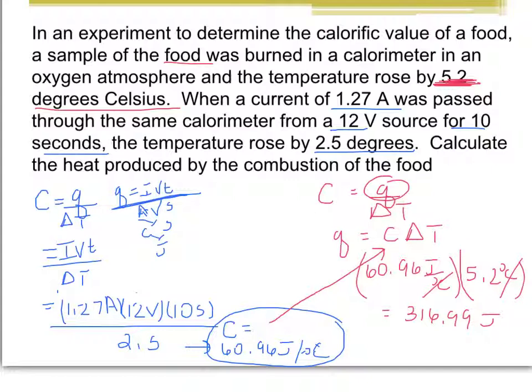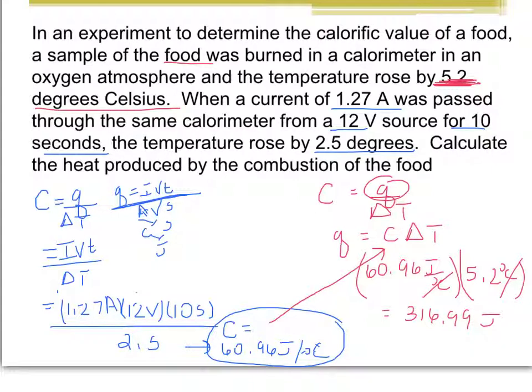Now that I know this calorimeter constant, it doesn't matter what experiment I do, any temperature increase I get, I never have to repeat this calibration again, until, of course, we're going to calibrate a calorimeter in the lab setting on a regular basis. But for our practical purposes, we don't have to repeat this calculation anymore. We just use the calorimeter constant to plug in, and all we have to do now is look for a temperature change, because whatever the temperature change is, we're going to multiply that temperature change by the calorimeter constant each